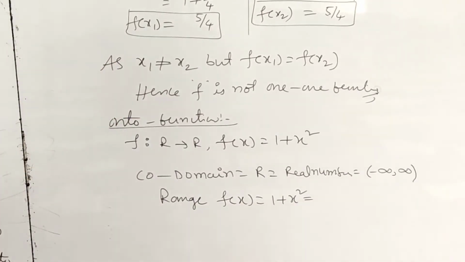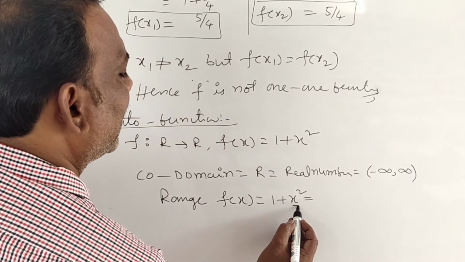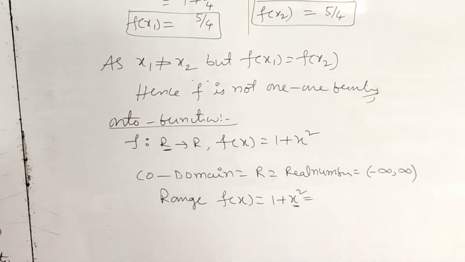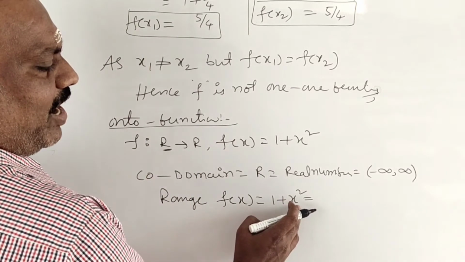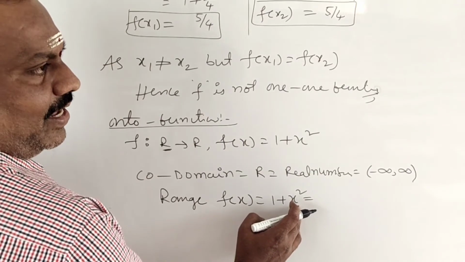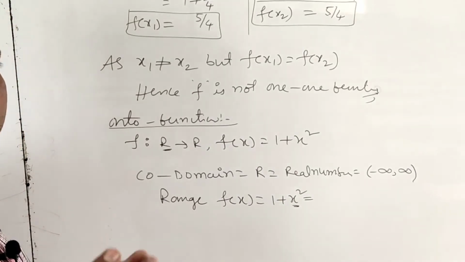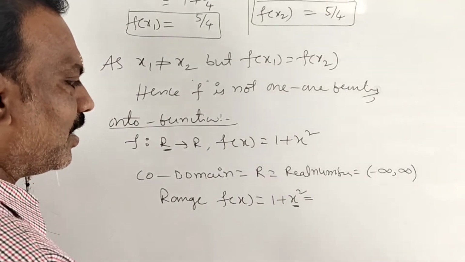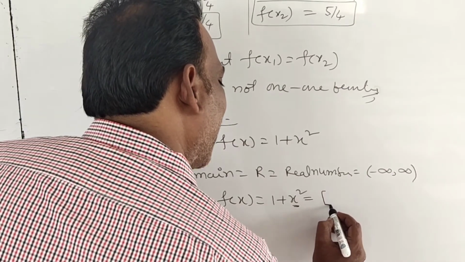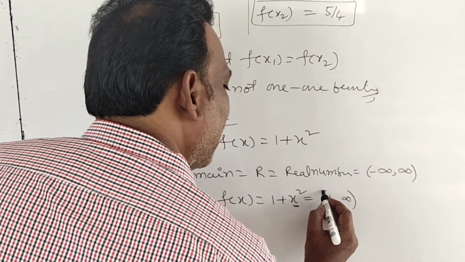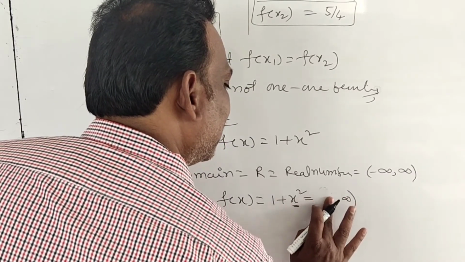How will you get 1 plus x square? You have to carefully observe. So we have to substitute x values. What is the x value? Real numbers. Suppose in real numbers, if you substitute any value here, it is x square, if you substitute a positive value or a negative value, it becomes positive only. Correct or not? That's why it will start from 1 and ends at infinity. This you have to understand. If you did not understand, look once again.